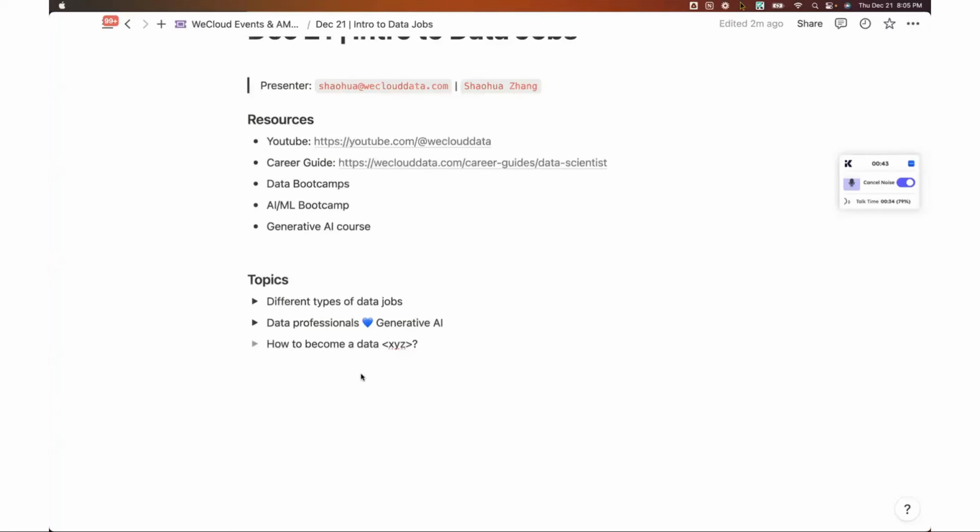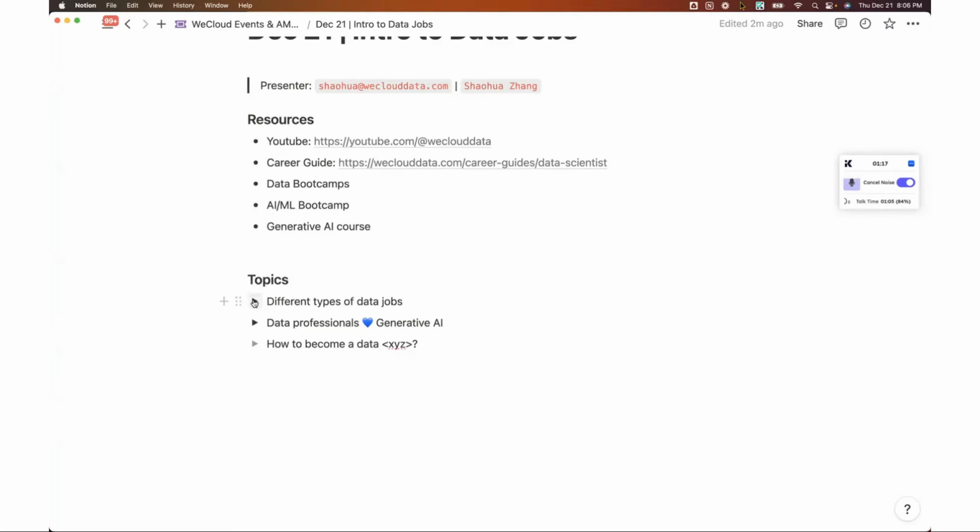We also have some career guides such as data scientist, BI, data engineering. It covers a lot of details, from what is data science, the types of data science jobs and roles, and then how do you get started in the job market and things like that. So I think you know where to find us if you have questions or you're interested in attending one of our data courses.